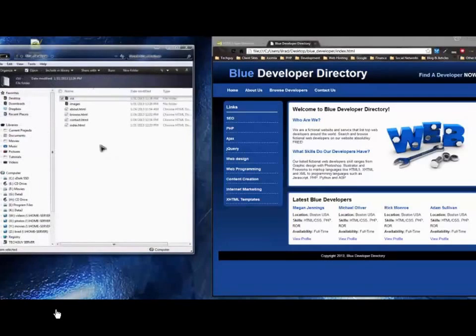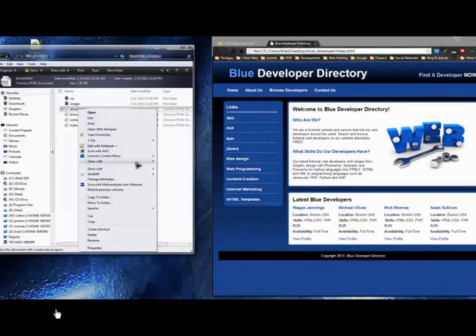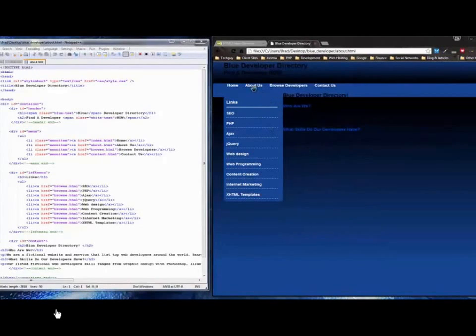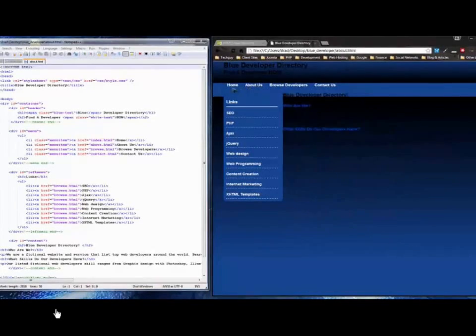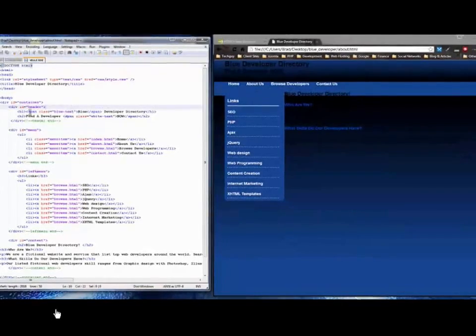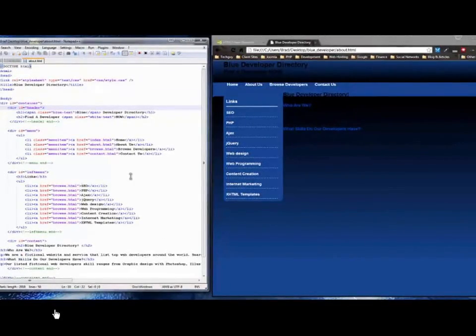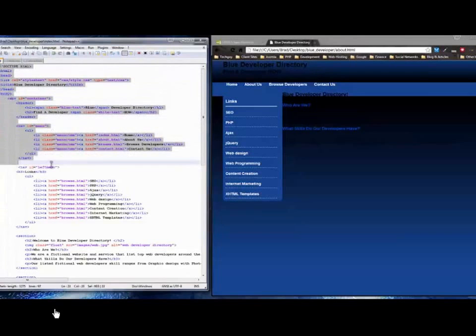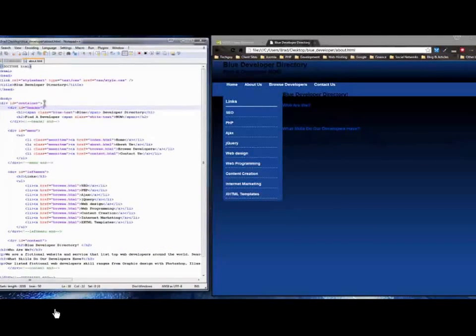So if you want to go to About, open this up with Notepad. Alright, let's see the About page. Oh, yeah. All the rest of the pages are going to look screwed up because we haven't changed them. So we have to do the same thing here. And what I'm going to do here is just copy. This is the index page that we just did. I'm going to copy it down to the first section tag, and then go to About, and we're going to